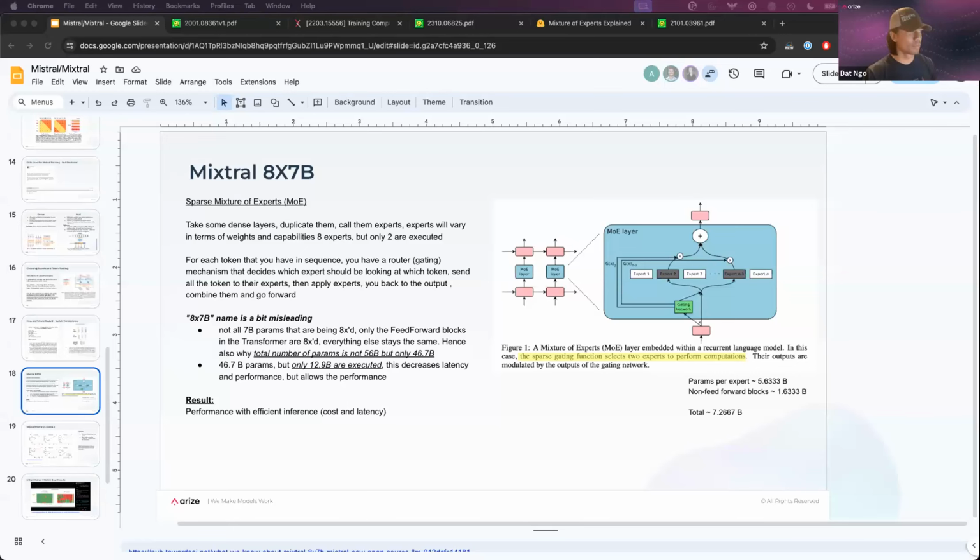Hopefully that was helpful to give a little math there. Yep, sure was. Okay, I think we're coming up on time, so I definitely want to just cover Mixtral